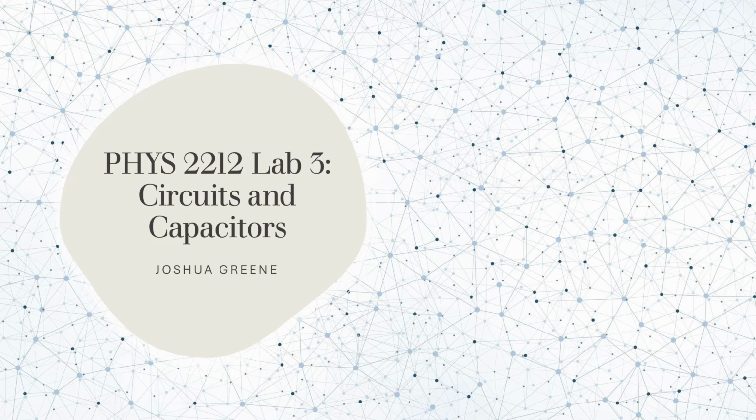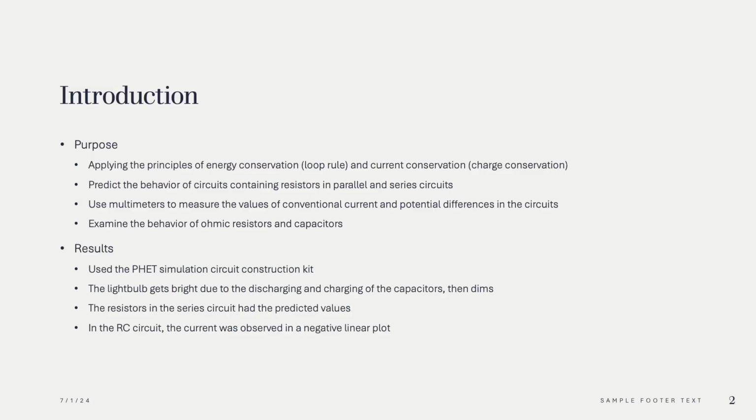My name is Joshua Green, and this is my Physics 2212 Lab 3 report on circuits and capacitors. The purpose of this lab revolved around understanding and analyzing the behavior of DC, direct current, and RC, resistor capacitor,